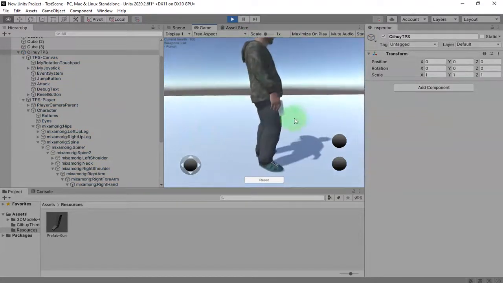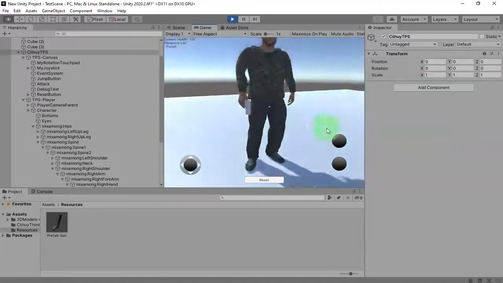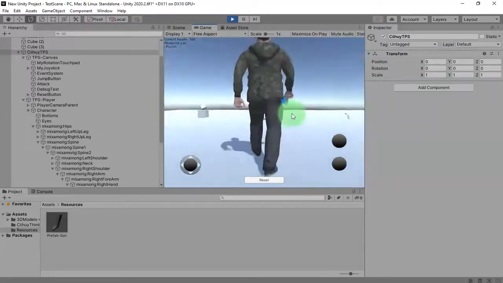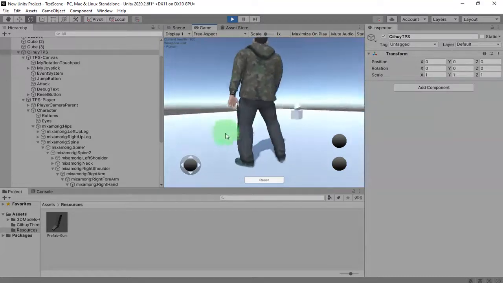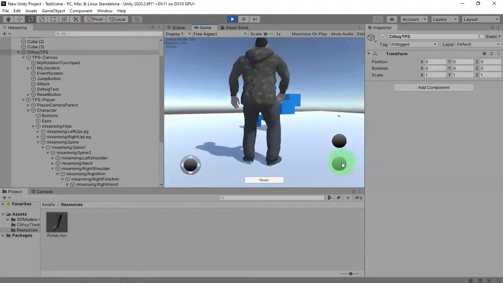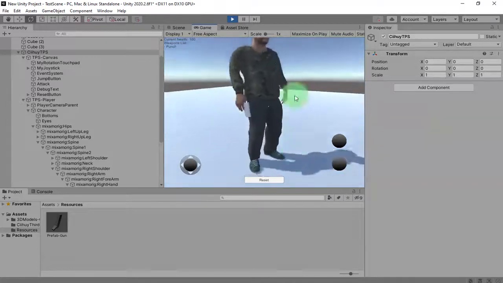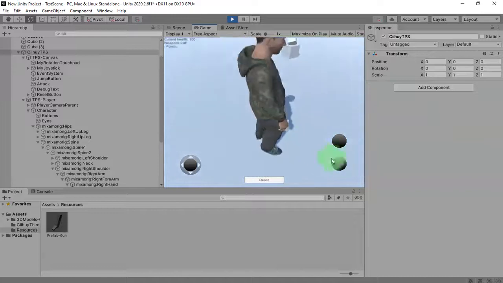Now the gun is too small, and it is correct. The correct size of the gun is like this. Alright, and I think this is the correct way to use the character. Yeah, you can see the problem with jump.